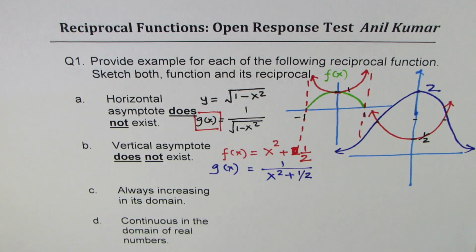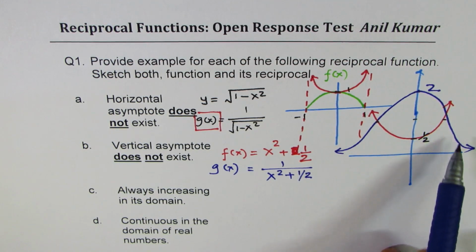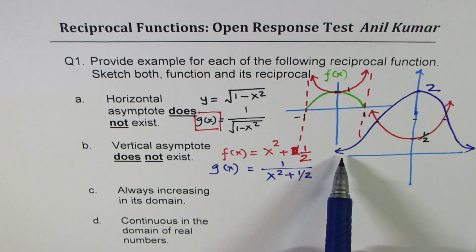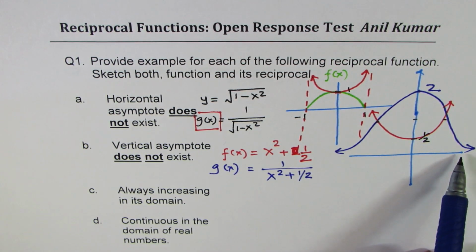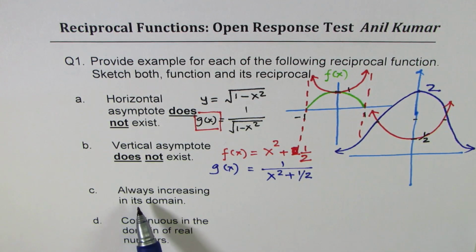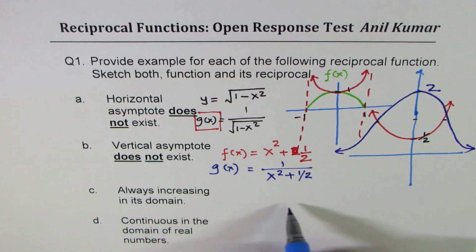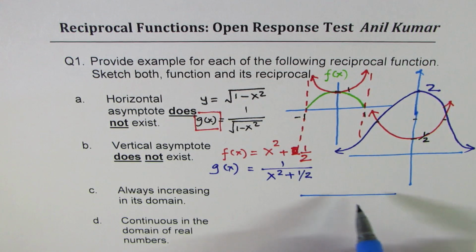So that is going to be the function, and you can clearly see here we do not have any vertical asymptote. Domain is all real numbers, correct? Next one is always increasing in its domain, right? So many functions could be drawn to match this condition, always increasing in its domain. One of them could be